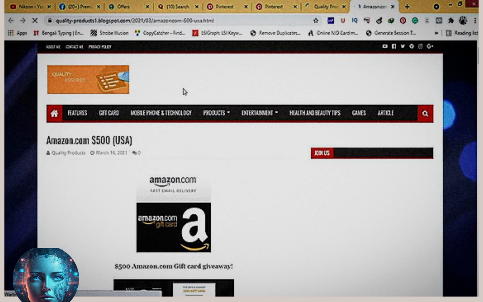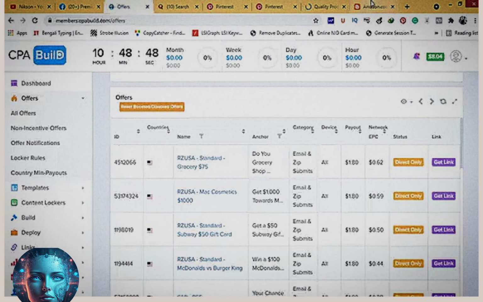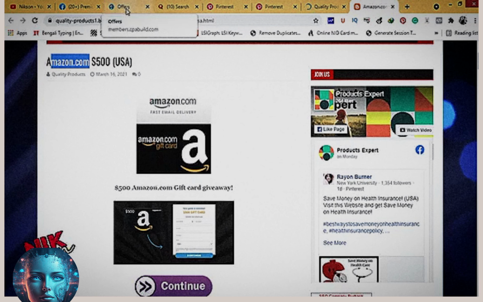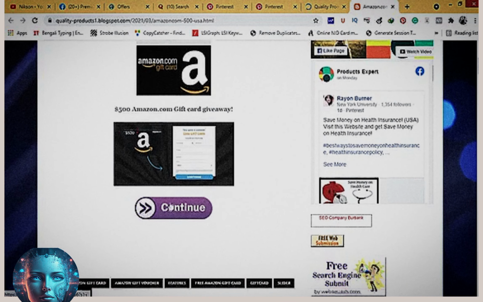Just create a blogger account and make a post like this one, with the title the same as the offer name. Keep an image from Google, or you can get the image and text from the landing page of the offer, and a button to continue.